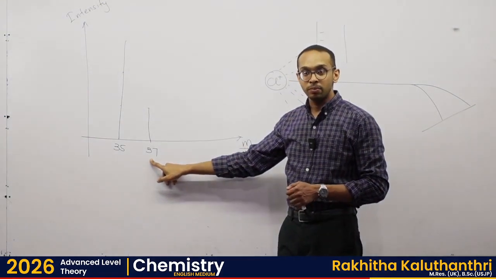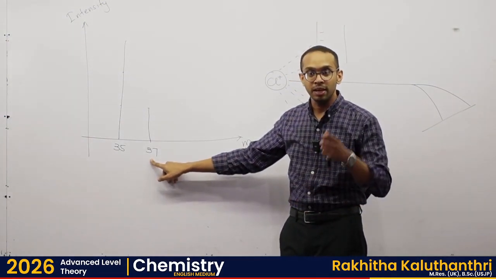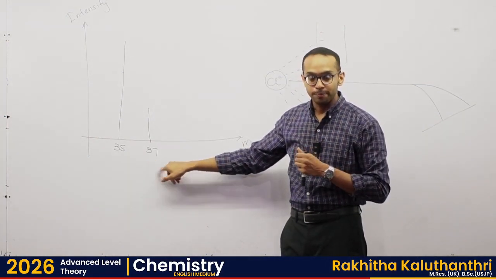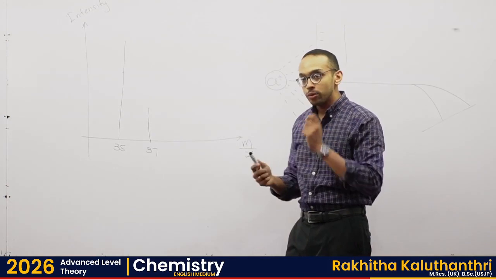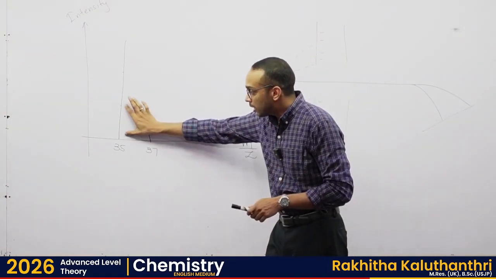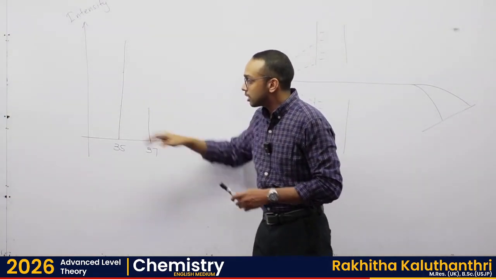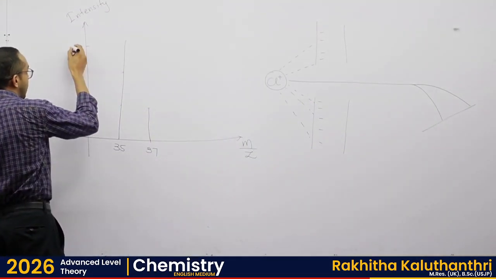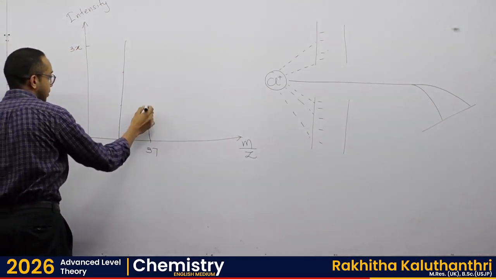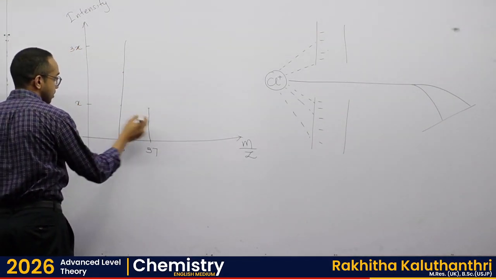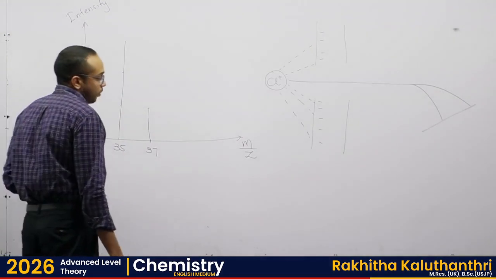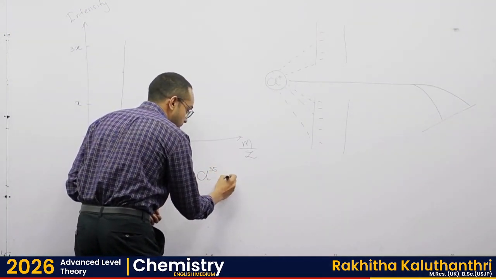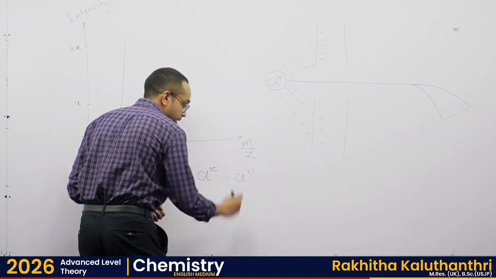That's where we stopped the lesson last week, right? I even calculated the percentages as well. Is that understood? Then I told you that when it comes to this peak, let's say this peak is 3x tall. Imagine the height of this peak right now is 3x, and the height of this peak, let's say, is x, right? So then we can say, if you take chlorine 35 to chlorine 37,